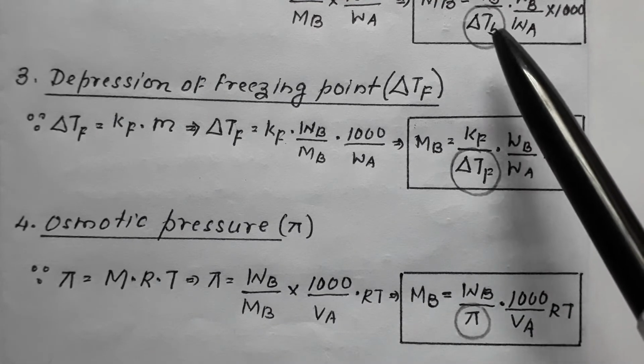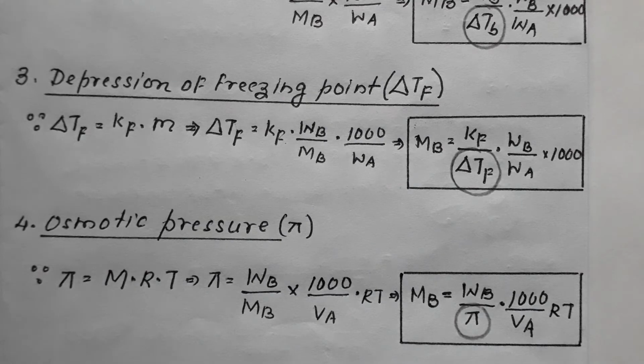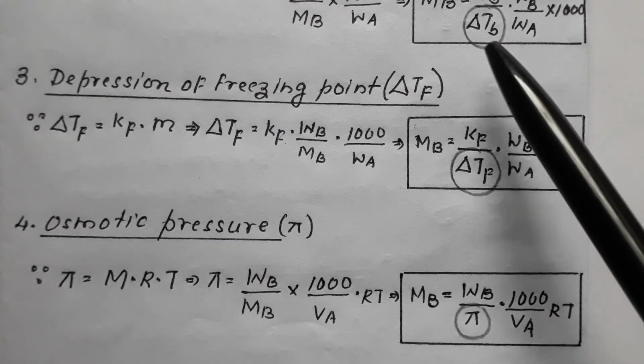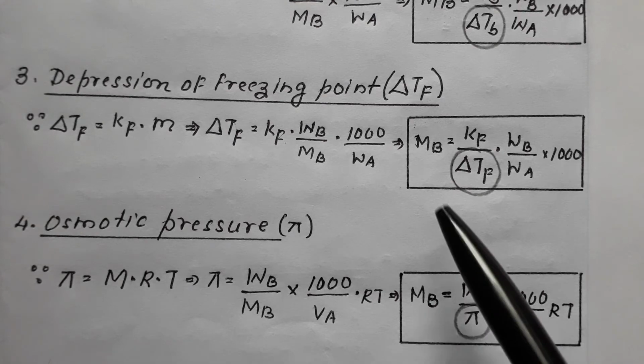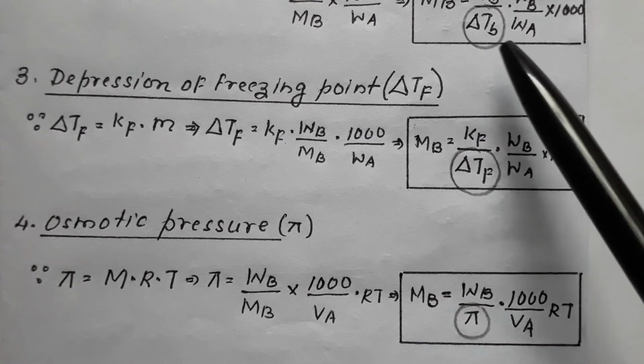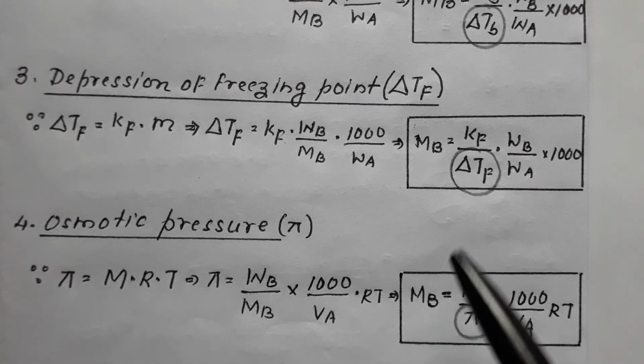Colligative property is in the denominator. In all the cases the colligative property is in the denominator. If the number of particles, because of the association or the dissociation of the solute, undergoes a change, then this colligative property is going to change. Hence the mass that we will calculate based on the colligative properties would come to be abnormal.